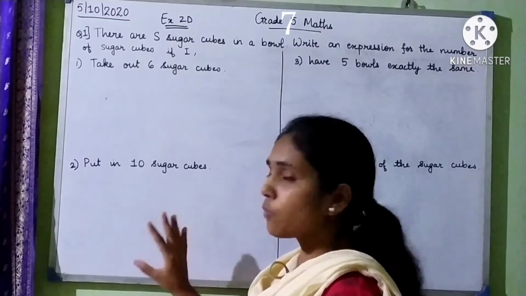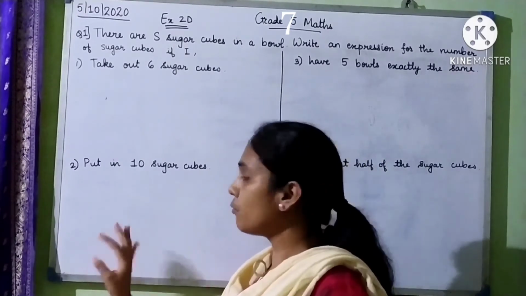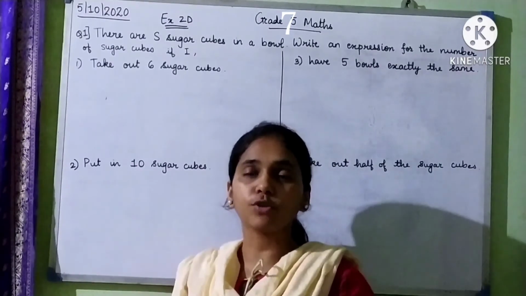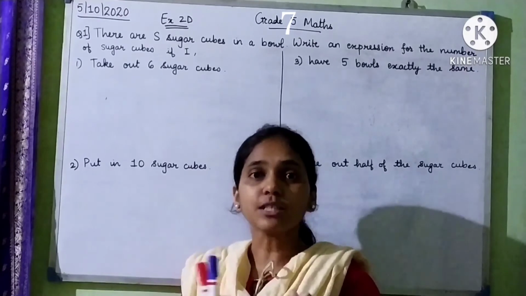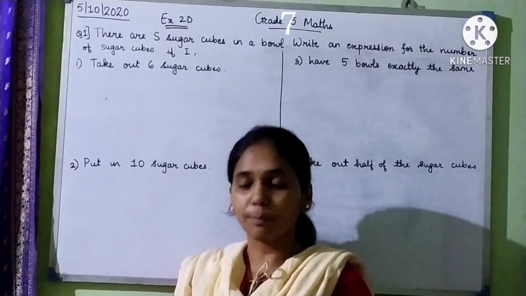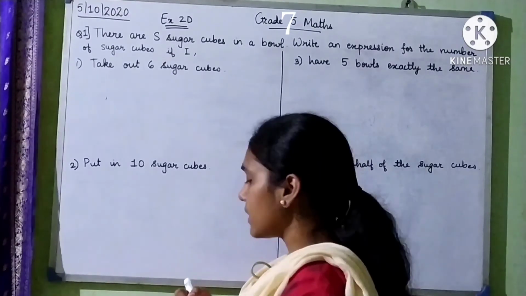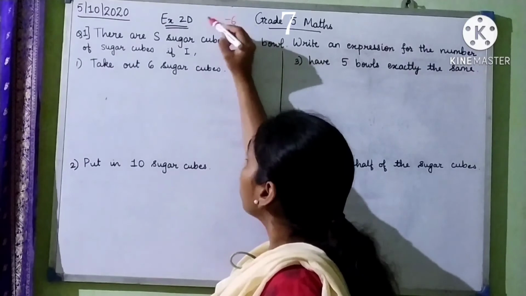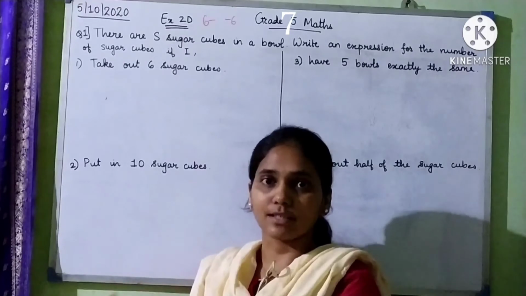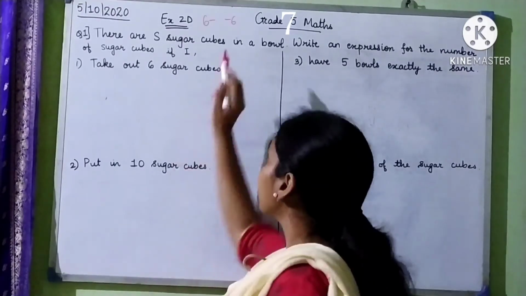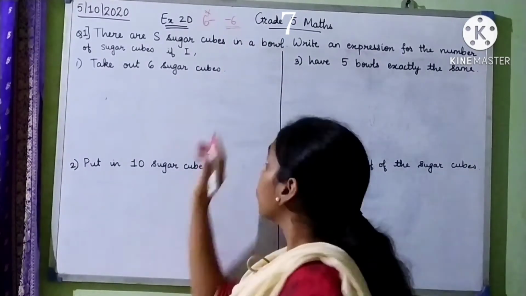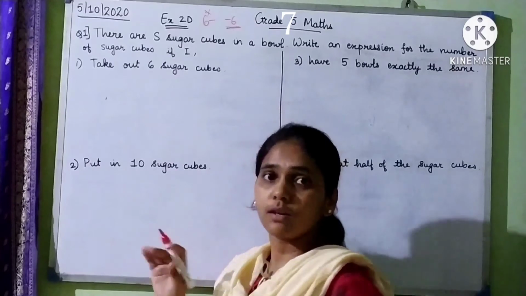In these word problems you need to know some words which relate to operations. If there are words like take out or subtract, then we have to subtract that number from the given thing. So if it is take out 6, it will be minus 6. It will not be 6 minus something. Taking out 6 means minusing 6, subtracting the number 6. So we have to take care about subtraction.